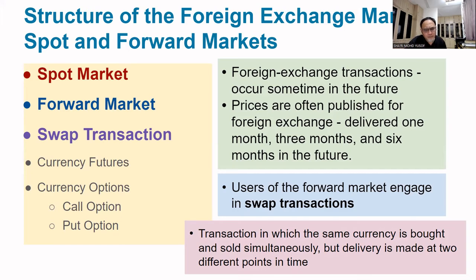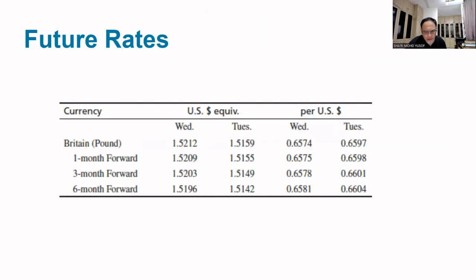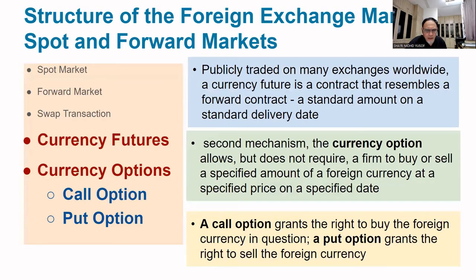Now, the spot market is very clear: you buy on the spot. The forward market is a bit more difficult. In this case, this is old data actually. So there are two other mechanisms